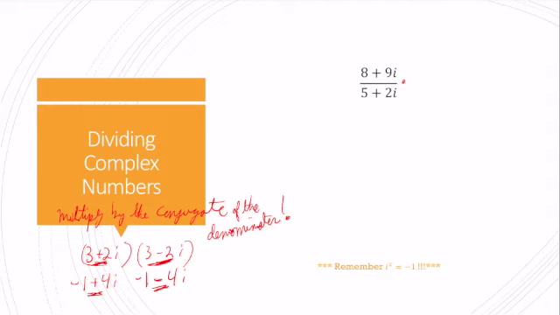Okay, so our denominator here is 5 plus 2i. So I'm going to take 5 minus 2i over 5 minus 2i. Remember, we're harnessing the power of 1, right? We're trying to also get the radical, because i is a radical, out of our denominator to rationalize our denominator. So let's go ahead and work this out. This gives me